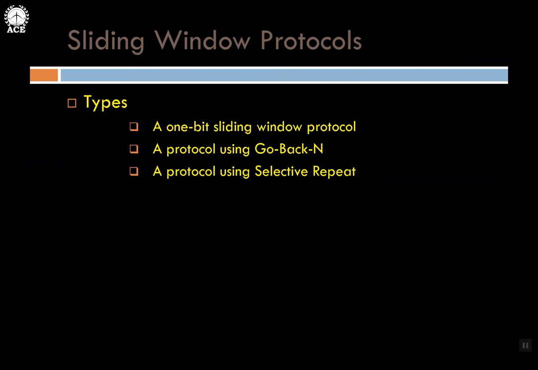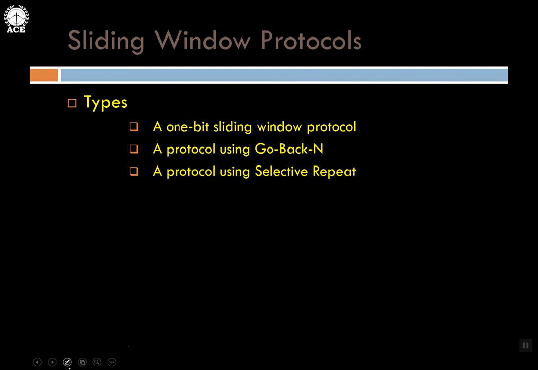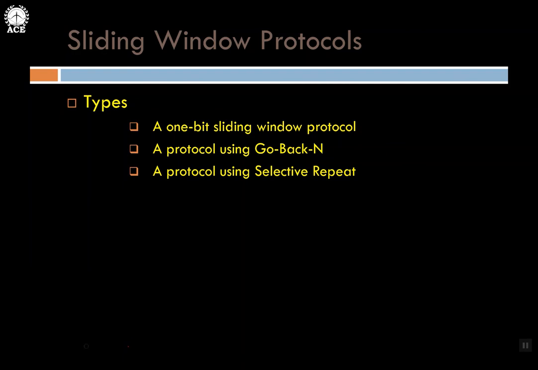So here I have 3 types of sliding window protocols. I said 1-bit sliding window protocol, go back n. Generally we write go back n as GBN. Why? I will talk about that later. What is this n? I will talk about it later. Selective repeat we write in short as SR. So, 3 protocols: 1, 2, 3. Let's take up the discussion one by one.